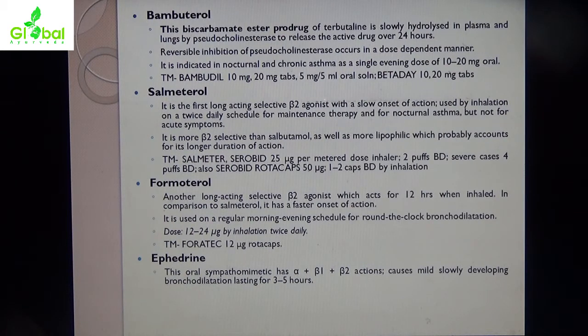Next drug is formoterol. Formoterol is another long-acting selective beta-2 agonist which acts for 12 hours when inhaled. In comparison to salmeterol, it has a faster onset of action. It is used on a regular morning-evening schedule for round-the-clock bronchodilation. Next is ephedrine. Ephedrine, this is oral